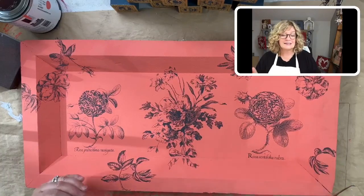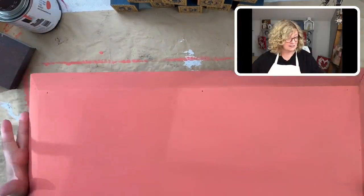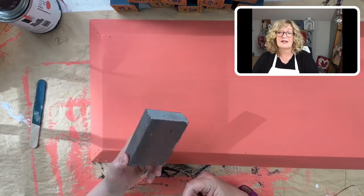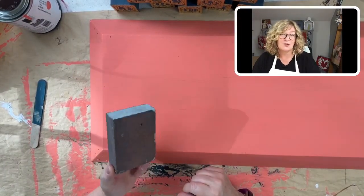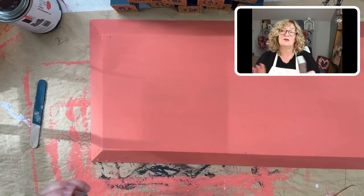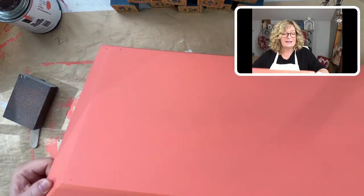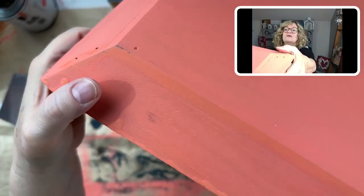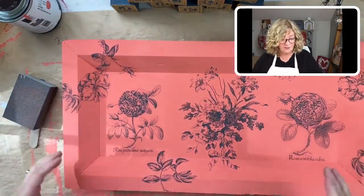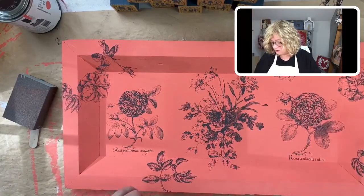Well, this paint separates and it has a lot of that yellow in it. And what's interesting is I wanted to do a little sand distress, which I very, very rarely do. I rarely pick up a piece of sandpaper to distress for a million reasons, right? But what was happening when I was doing that is it was exposing some of that yellow. Ooh, and I don't want yellow to be exposed, but I do want a tiny bit of distressing, you know,